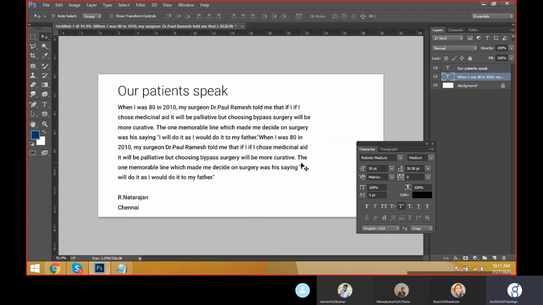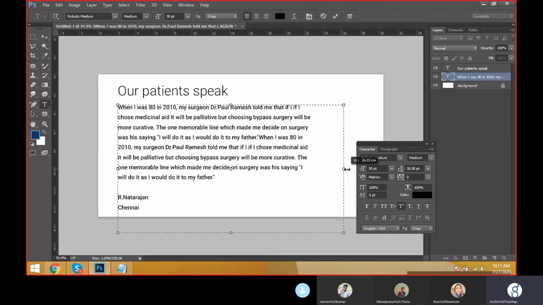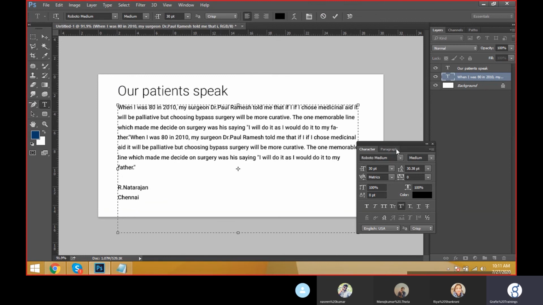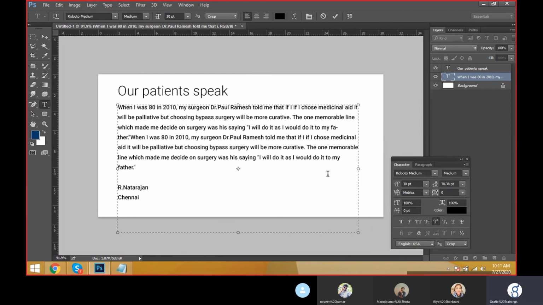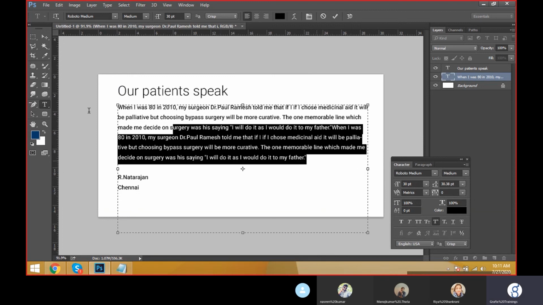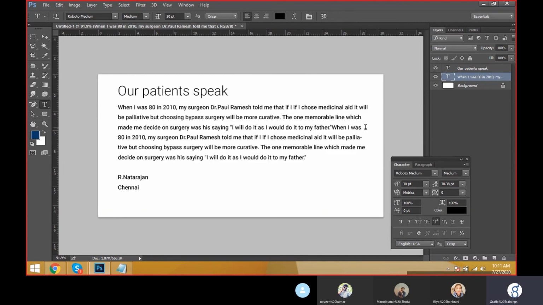Then what about this? This one is not looking good, looking odd, and we can increase the area part like this. Now you can increase the area part like this, and the text is not looking good. It's looking like some disturbance is on the right side, it's not adjusting.